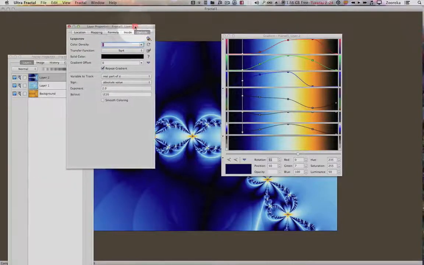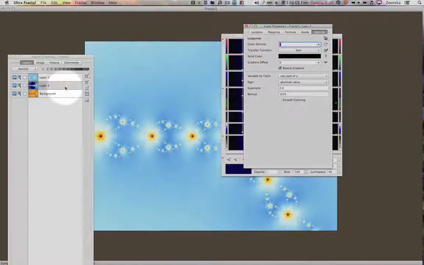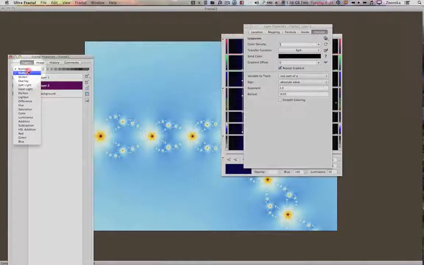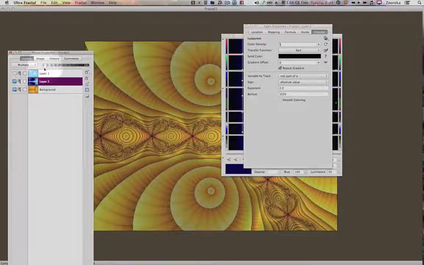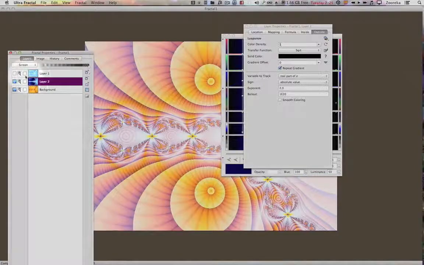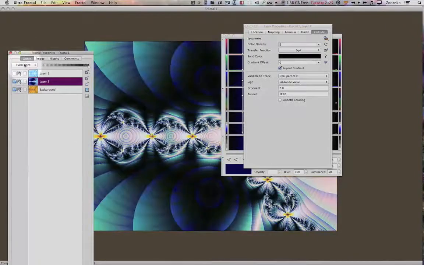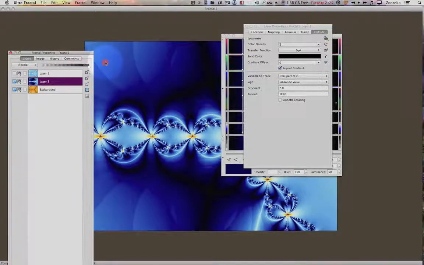Okay. Let's put this layer below the floral layer and see what we get. Let's change the blend mode of this layer. What I actually did is I moved the layer down, but I had the visibility of the top layer checked, which is why I couldn't see what was happening underneath. Okay, let me leave that on normal full at the moment